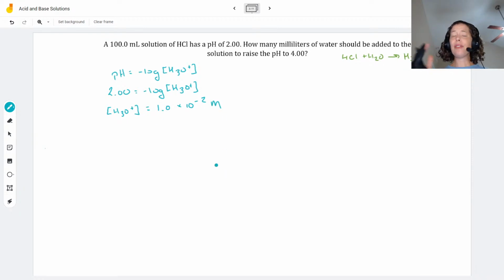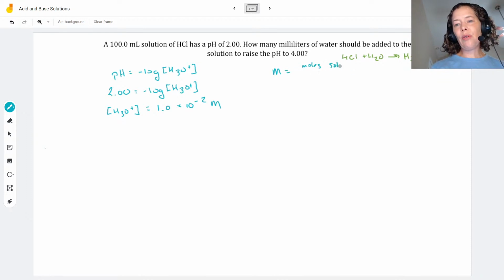All right, my concentration is definitely going to change as I dilute this. But what is not going to change is my number of moles of hydronium ion, or you could even think of it as number of moles of hydrochloric acid in solution. Both are going to give you the same answer. So because I know that I have 100 milliliters of this solution, I can calculate how many moles of hydronium I have. So remember, molarity equals